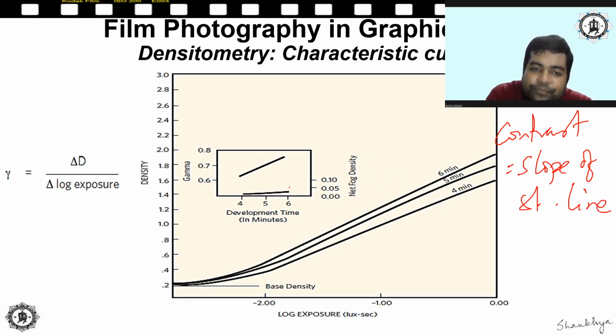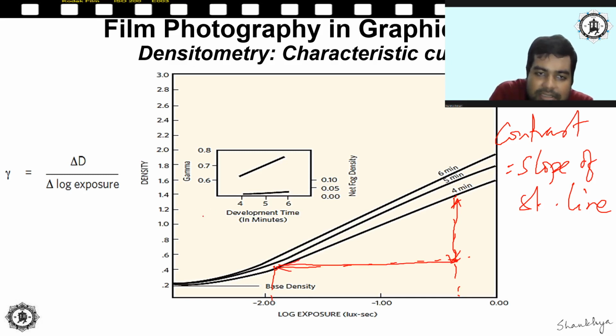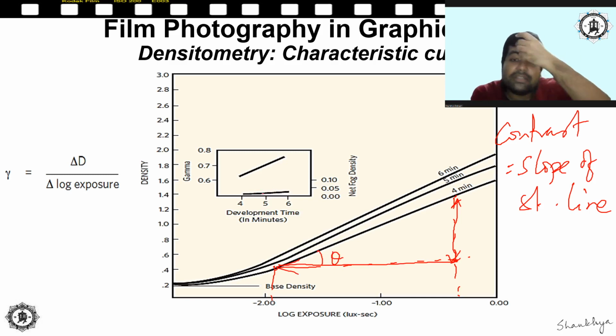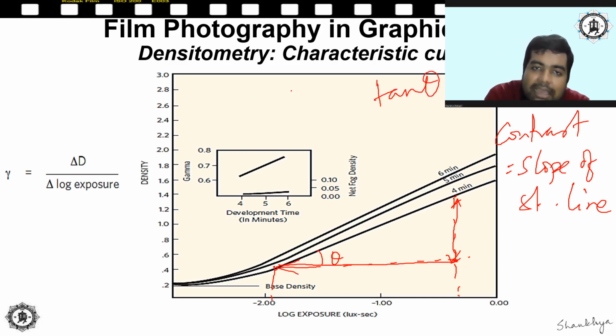So how to calculate the slope? It's very easy. Calculate the tangent to the line, right? So you drop straight lines from here. This much is the vertical distance. This is the horizontal distance. If this angle is theta, then how to calculate the slope of this line? By calculating the tangent of the angle, right? Let us say the vertical distance is V, and the horizontal distance is h. Then tangent of theta will be equal to the ratio between the vertical distance and the horizontal distance, right? This way you can calculate.